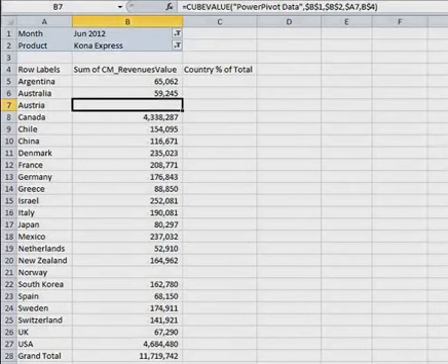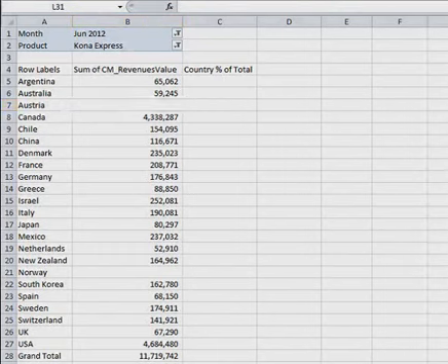Sometimes when you create a cube formula report, some of the cells will return blank, indicating that there is no data for that particular intersection. We didn't sell this product to Austria in June 2012. But if you have calculations in your worksheet or workbook that refer to these blank cells, then you can run